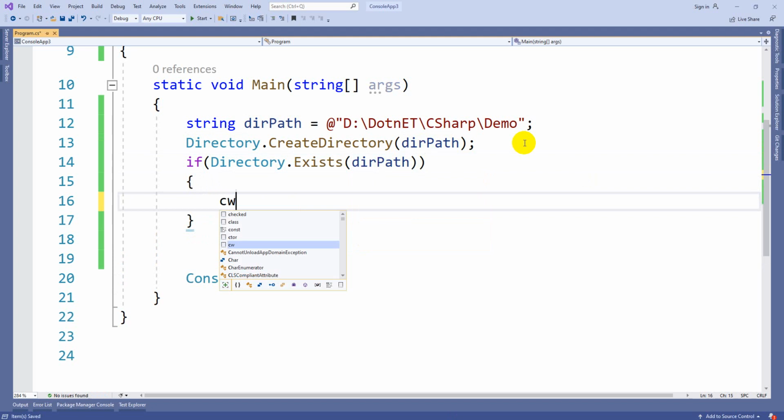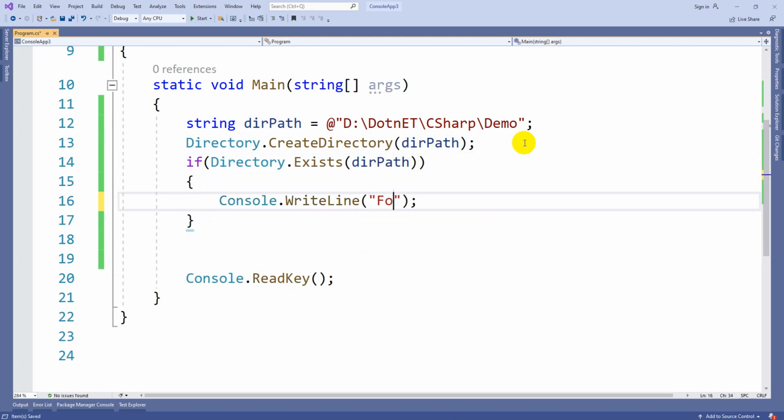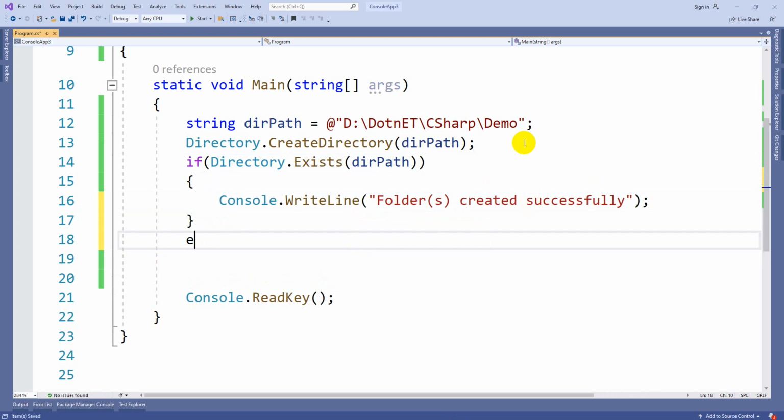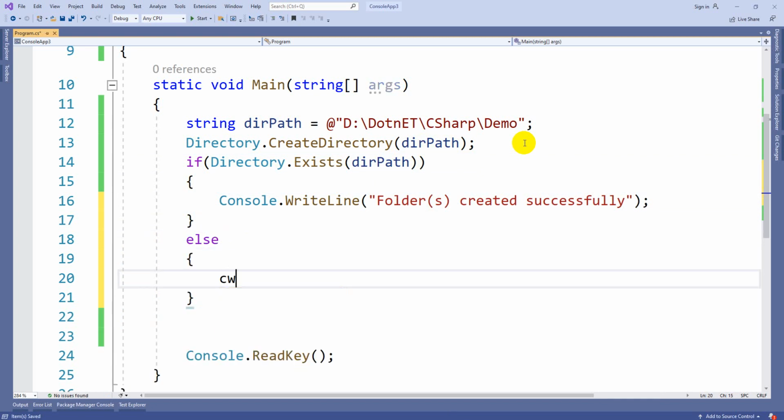Now you can print: folder created successfully, else unable to create folders.